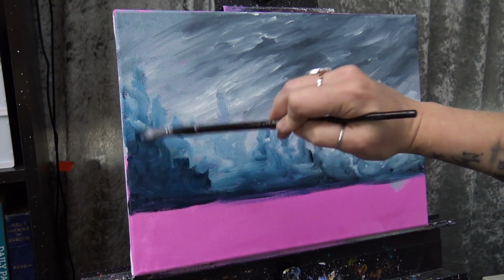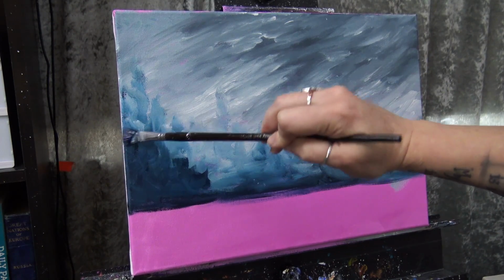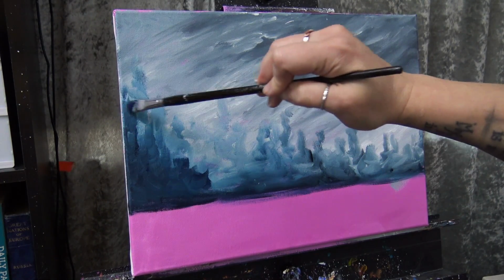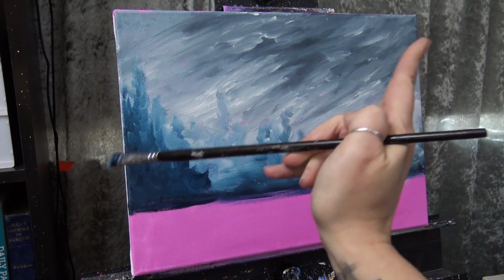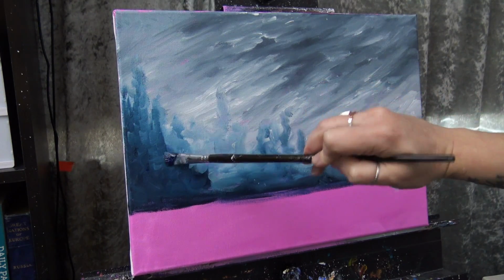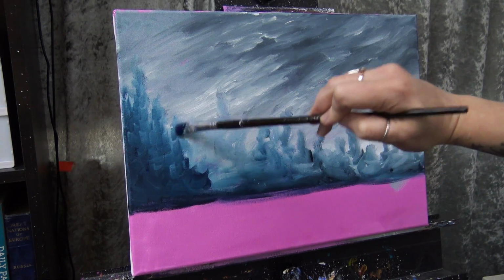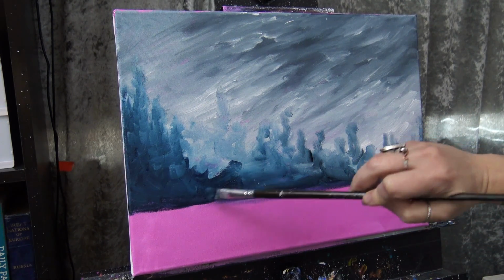So this is going to be very similar to the way we did the trees in, oh, I don't remember what it was called. I never remember what my paintings are called. One of the autumn ones. It'll be up here in the information card. I'll link it up there. It's pretty much how we did the trees there. Just plop down some of that color